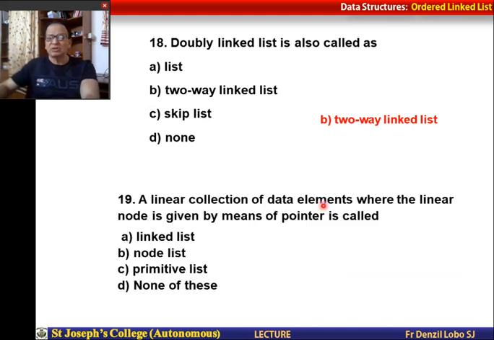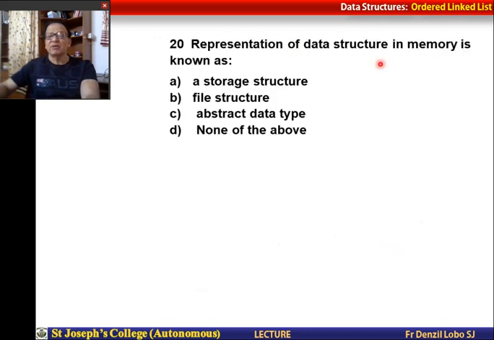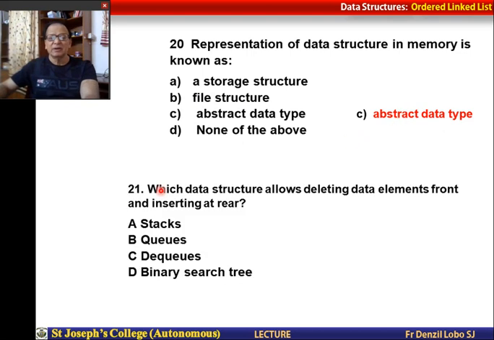A linear collection of data elements where the linear order is given by means of pointers is called, of course you know that, a linked list. Representation of data structure in memory is known as what? Storage structure, file structure, abstract data type, none of the above. So that is C, abstract data type, or ADT.